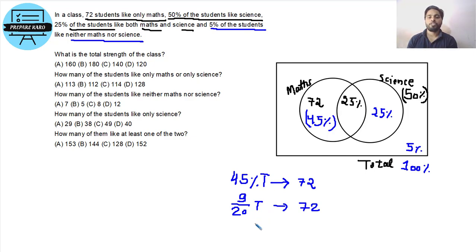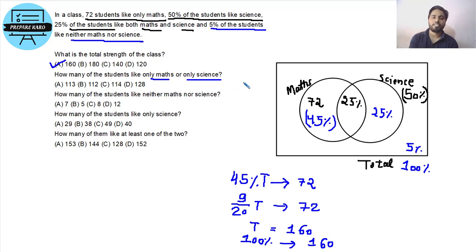9 by 20 of capital T is 72, so capital T is 160. You can say 100% of this number or 100% of total is what? 160. Now come to the question. Total students of the class 100%, 160, right? How many of the students like only maths or only science? Only maths or only science means is asking for